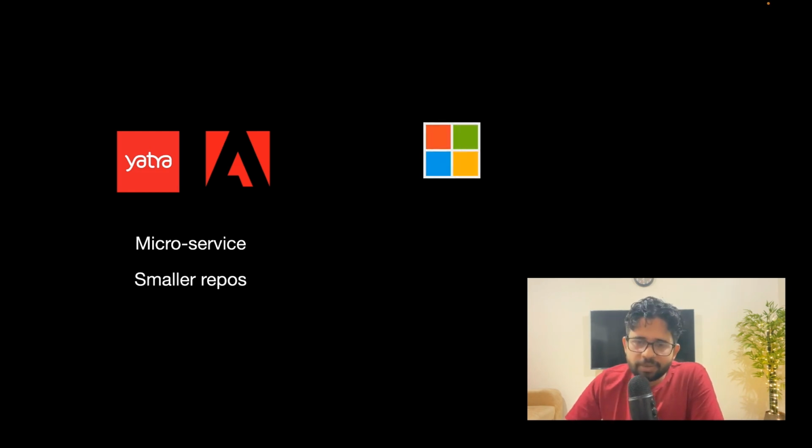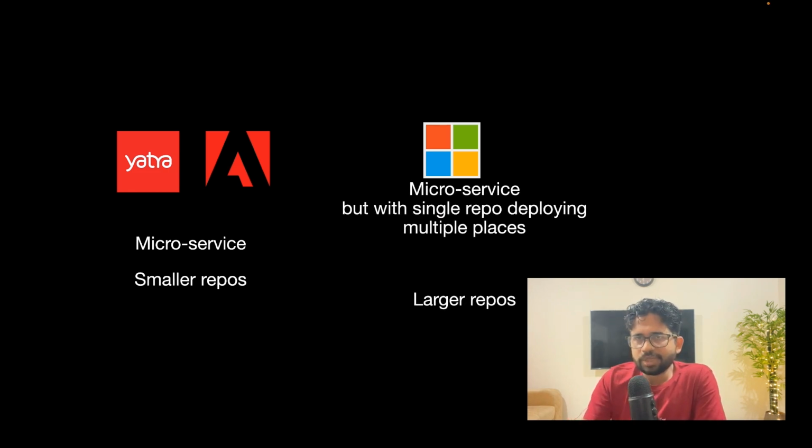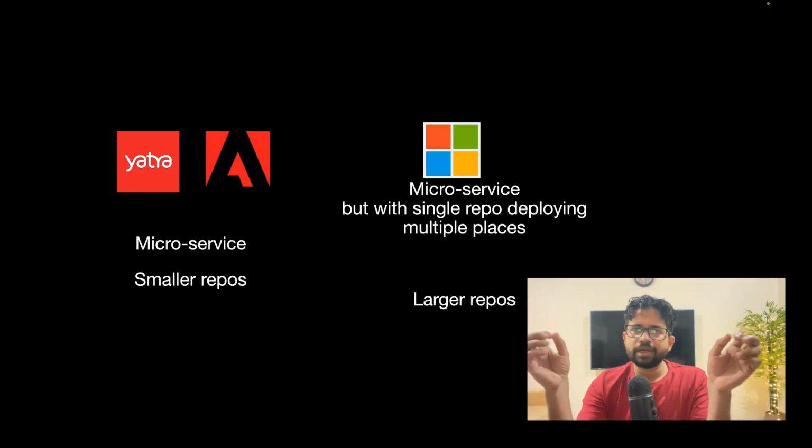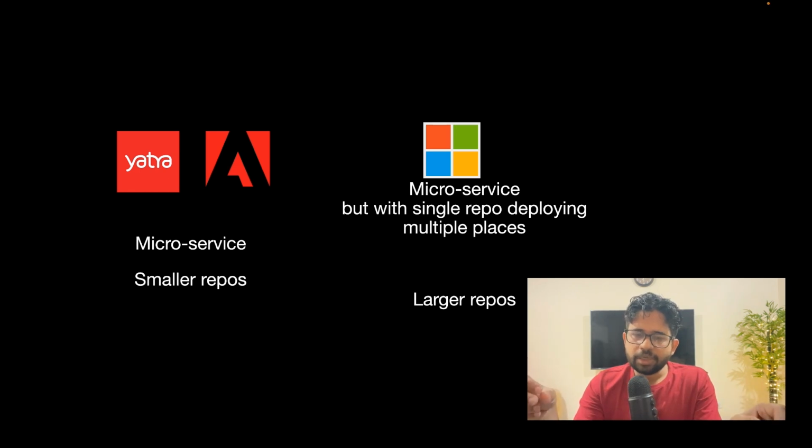But when I was working at Microsoft, they followed an interesting approach. It was microservices. Of course, when you deploy, all these components get deployed individually. But when you are coding, it's in one single repo with multiple projects in that repo. While you're coding, the call from service 1 to service 2 is just a method call. But when it is deployed, it's deployed as a separate service. That was the approach they tried to follow.